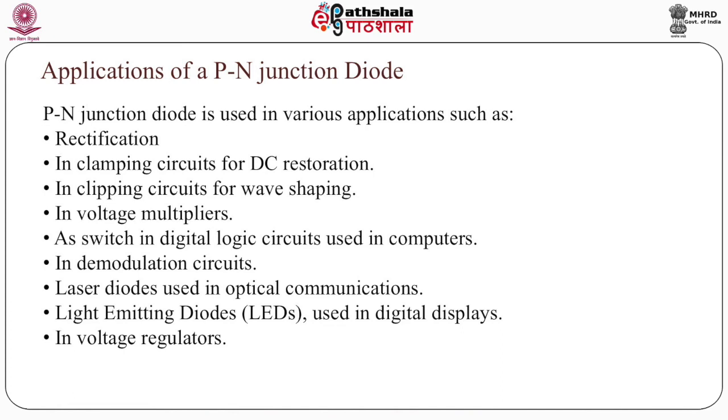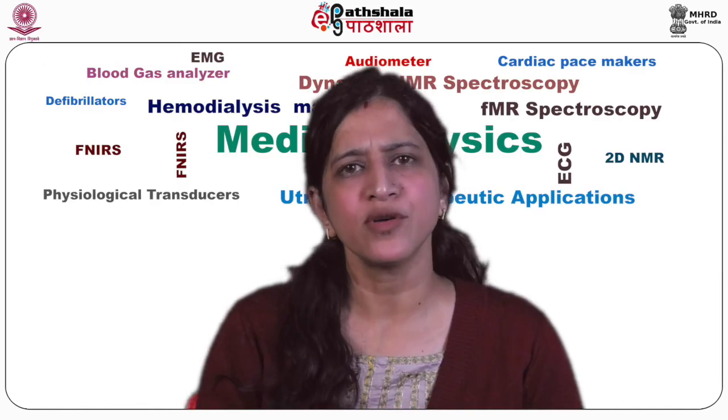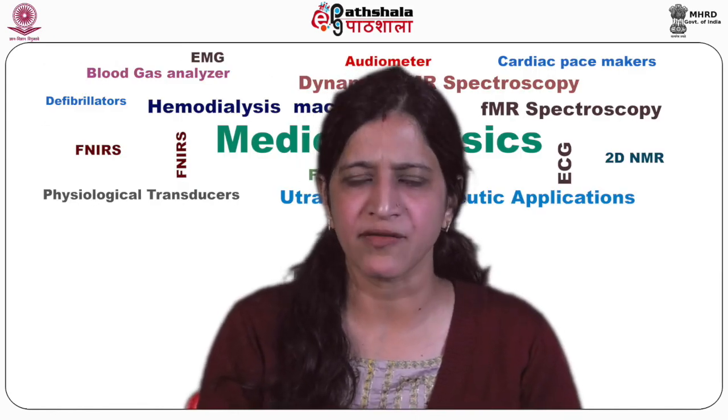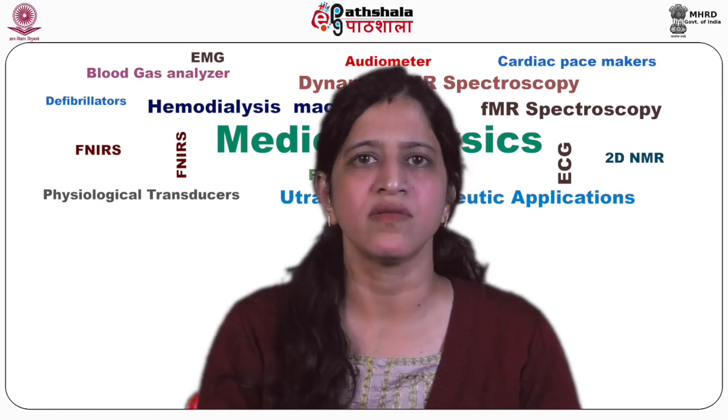As we know, a p-n junction diode conducts only in a particular situation and blocks in the other. In forward bias it will conduct, in reverse bias it will not conduct. So it passes current only in one direction, that is, it can be used as a unidirectional device, and it blocks the current in the other half. So it behaves like a rectifier circuit. Rectification can further be divided into two categories: half wave rectification and full wave rectification. We can always discuss the difference between them in detail.